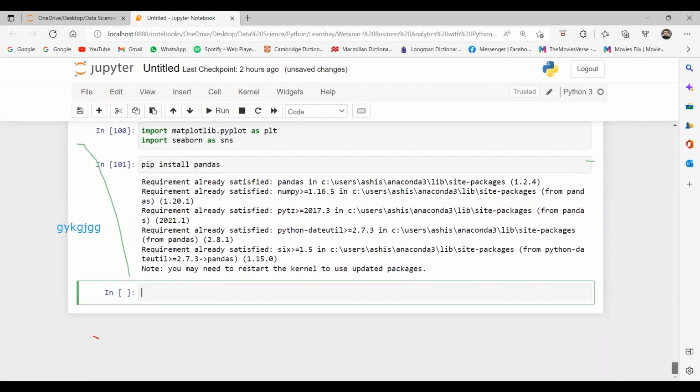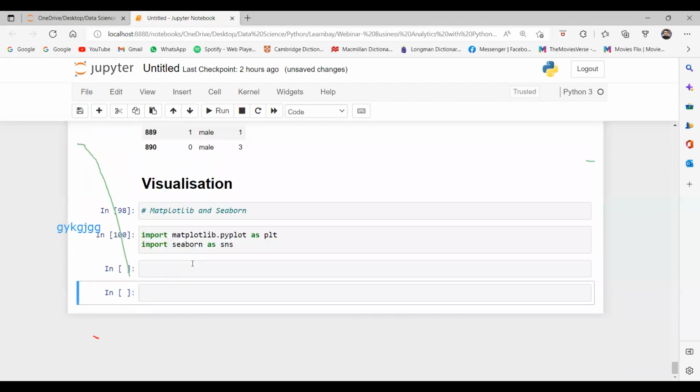Because I already have pandas, it is saying that the requirement is already satisfied. Yes or no? Yes, sir. So you can use this command for any library. So let's talk about matplotlib and seaborn. These libraries are used to visualize the data.